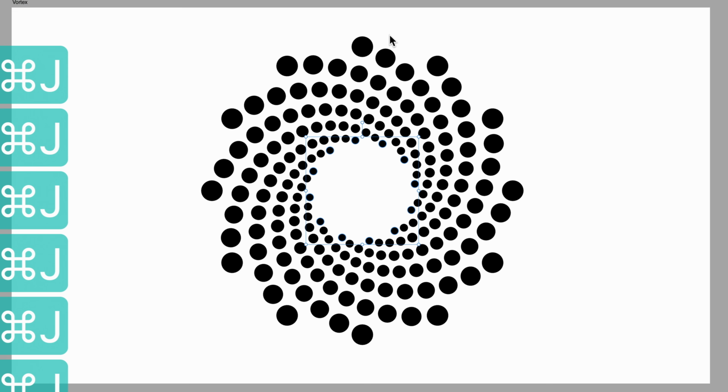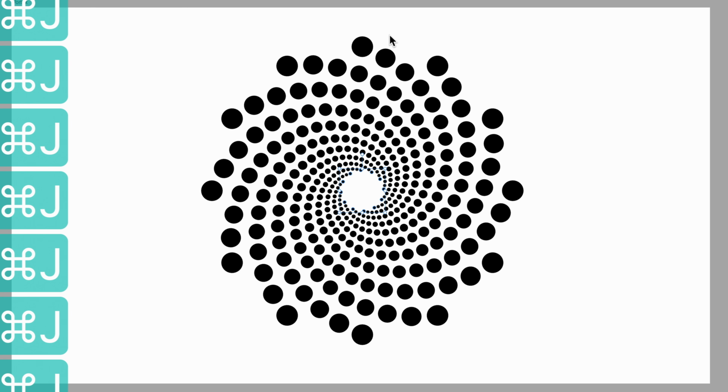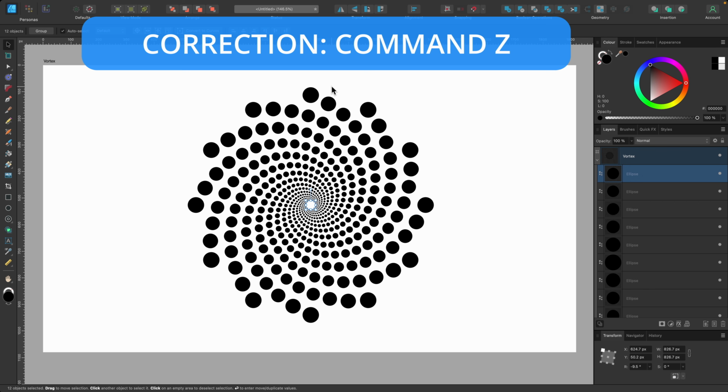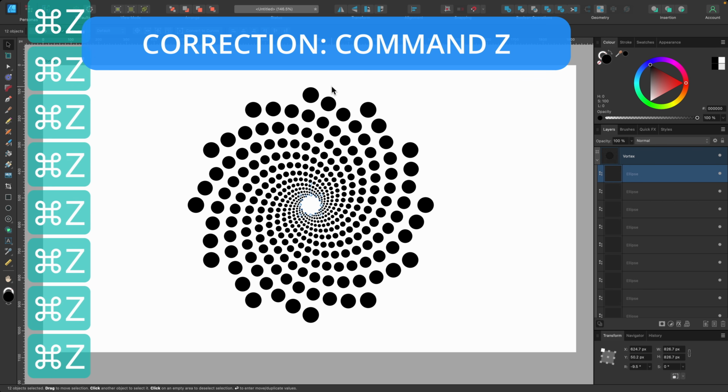And I do want to show you with different colors, as it's more obvious that it's kind of vortex-y, if that's a word. And I'm just pressing Command J lots and lots of times. So this is cool. We have been able to make this vortex, but if I wanted to see how it looks another way, I would literally just have to press Command J and start again.